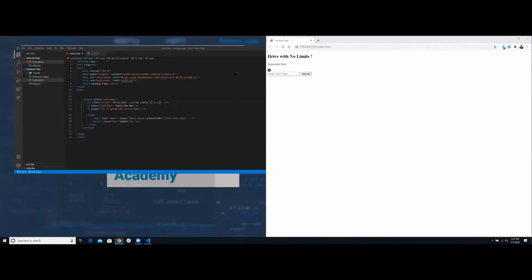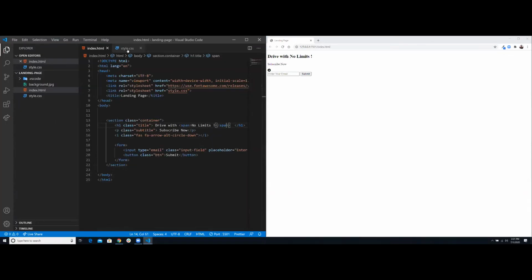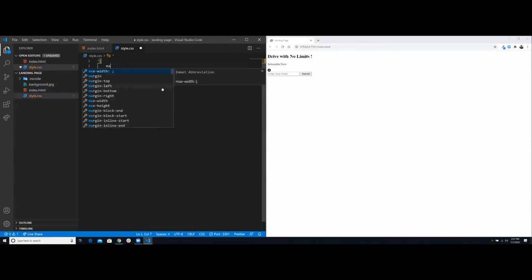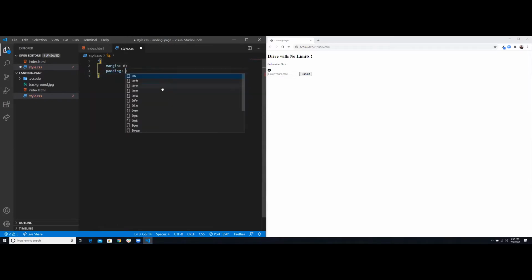So I'm going to put it on the side. I'm going to go to my styling sheet file, and I'm going to start by resetting all the browser defaults. So I'm going to do margin 0, padding 0, and box sizing border box. For the body,